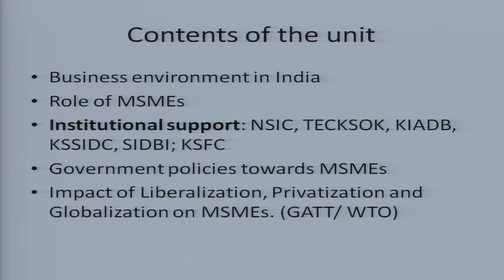And different institutional supports. For example, National Small Industry Corporation, a state finance corporation like Karnataka State Finance Corporation, Industrial Development Bank of India, Technological Consultancy for Karnataka, and Karnataka Industrial Area Development Board, which gives permissions or supports through land and electricity connections. And these were the different institutions which we have seen,